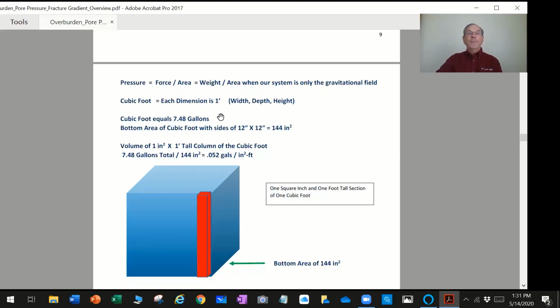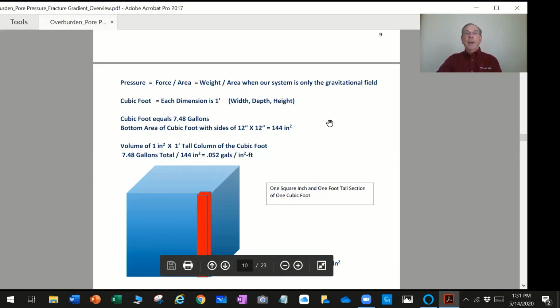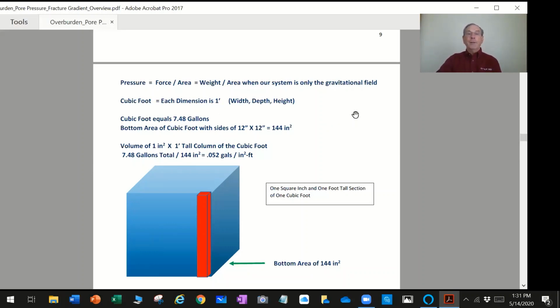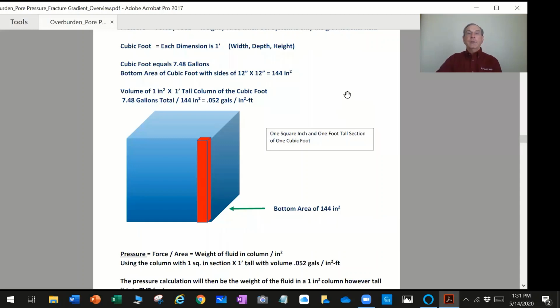So a cubic foot, just a given, is equal to 7.48 gallons. So this cubic foot is 7.48 gallons. It happens to have an area on the bottom with dimensions of 12 inches by 12 inches. So that would give us an area on the bottom of the cube of 12 times 12, or 144 square inches. Now, since we're dealing with pressure in PSI, what I have done is taken just a portion of this cube,